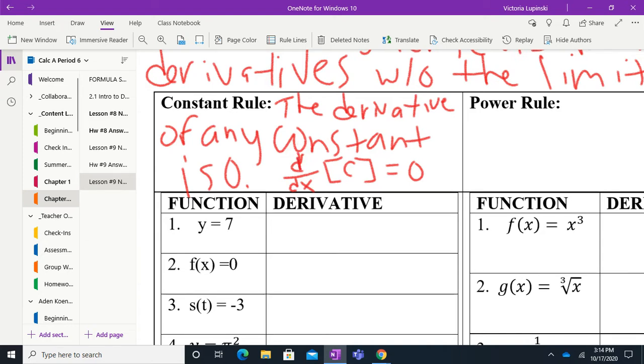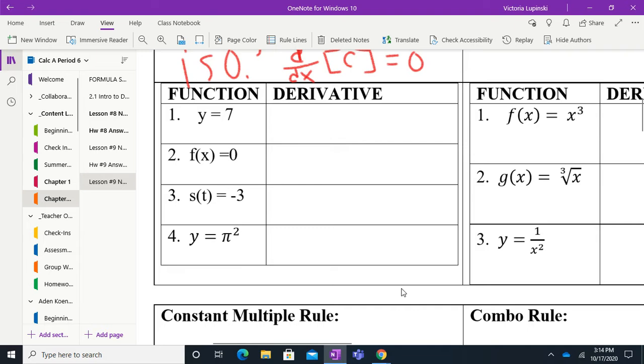In terms of what the d's mean, the d over dx means the derivative in terms of x of any constant is equal to 0. If you're wondering, are you ever going to take a derivative of something not in terms of x? The answer is yes, but not for several sections. So notice here that in our first set of problems, each of these functions is in fact a constant. 7, 0, -3, and even pi squared, those are all in fact constants. So without a doubt, the derivative of each one is 0, but I just want to go ahead and focus